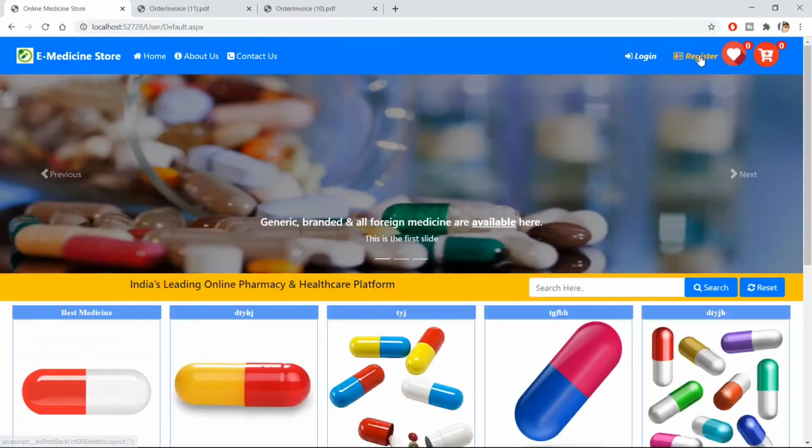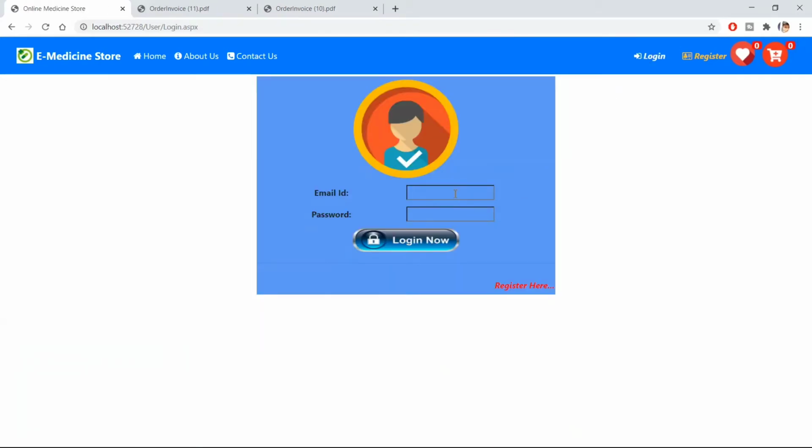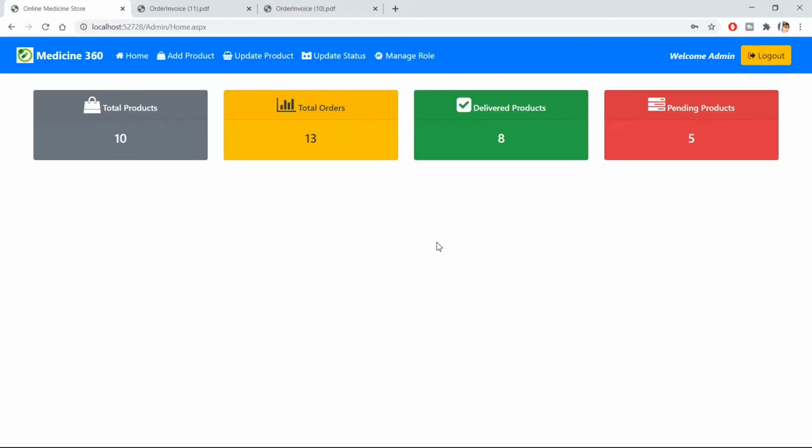Now let's log out and log in as admin. So this is the home page of this panel, that is admin panel. Here in this panel, both can log in, that is admin as well as vendor.